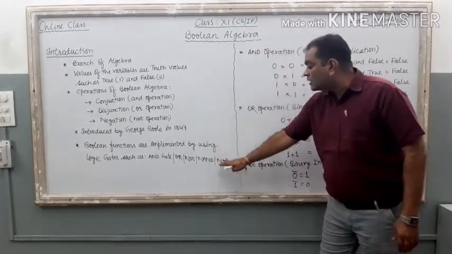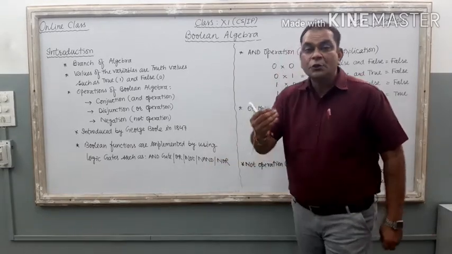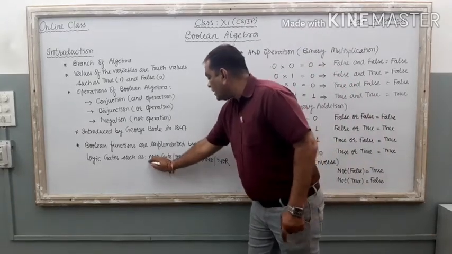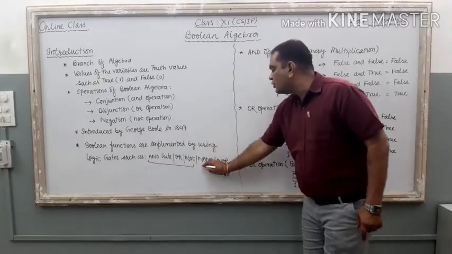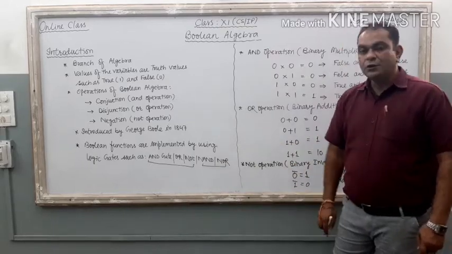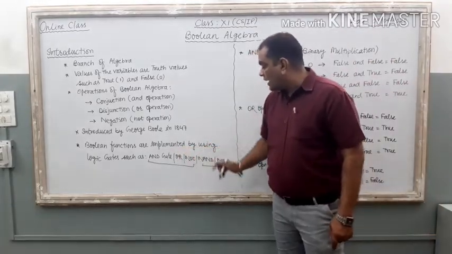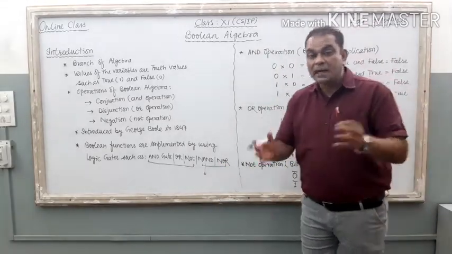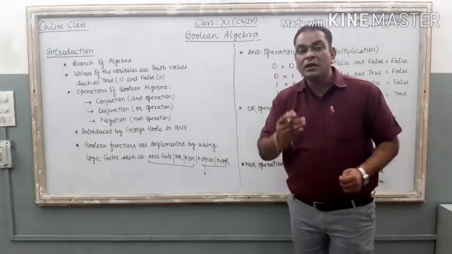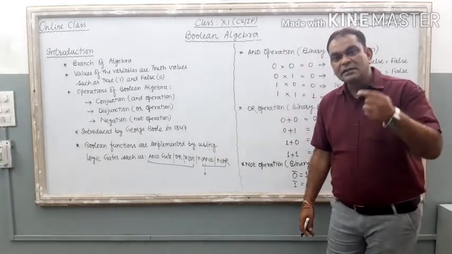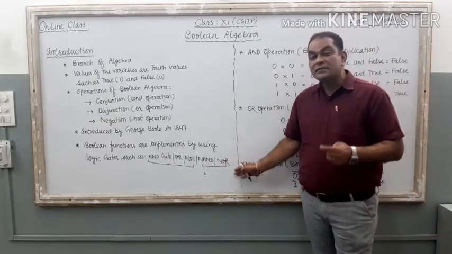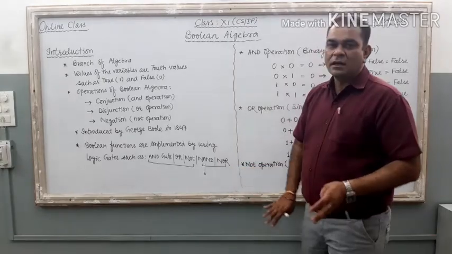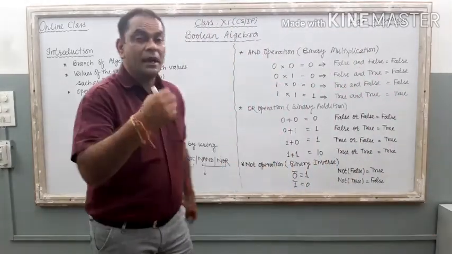Now NAND and NOR, these two are universal gates, universal components of digital electronics. So in total 3 fundamental gates are there and 2 universal gates are there: NAND and NOR. NAND is an abbreviated word, and if you want to expand it, NAND means NOT AND. It represents NOT, then AND. NOR means NOT OR. Clear? So it is a basic introduction about this particular Boolean algebra unit.